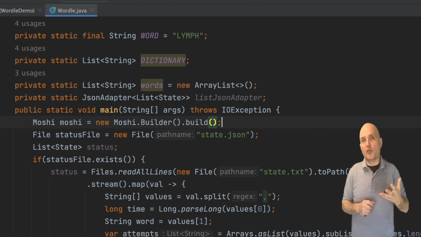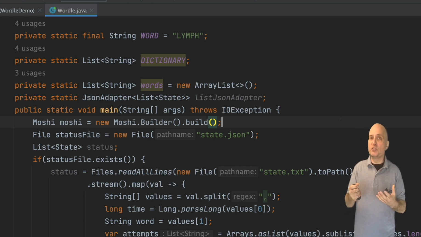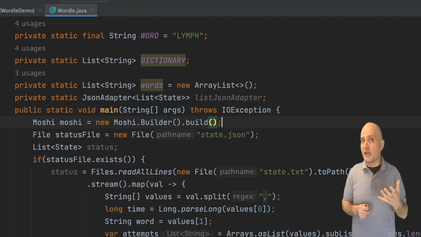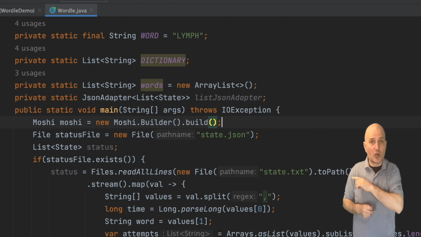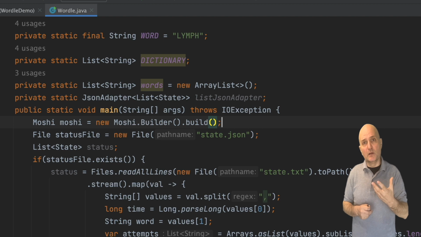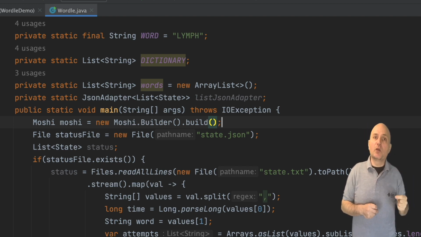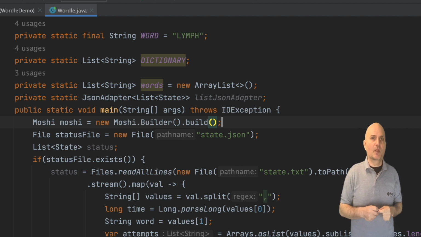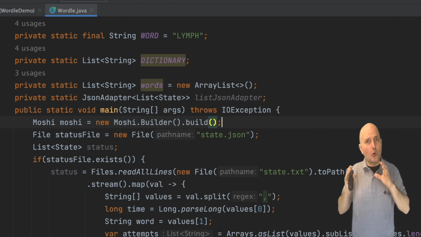To read and write JSON, we need the Moshi class. Normally in Java, we allocate an object with new. In this case, we're allocating an inner class, a class called Builder, within the Moshi class. We then invoke the build method on it. This seems like awkward syntax to use.